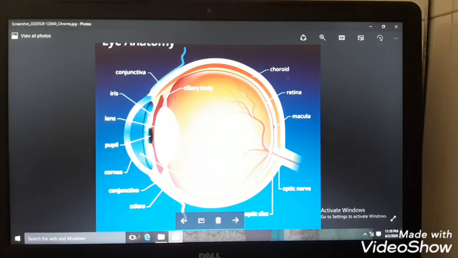Okay, and what about rod cells? Rod cells are the light sensitive cells which enable us to see in dim light, like nocturnal animals which hunt during night. They can see their prey clearly because they have a large number of rod cells in their eyes as compared to human beings. Human beings have less. I'll show you an example here just to distinguish between the rod cells and the cone cells. Let me show you another slide for that.